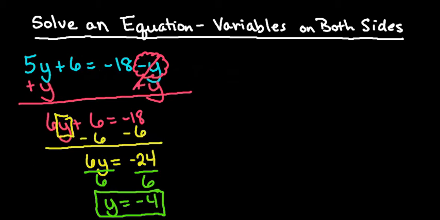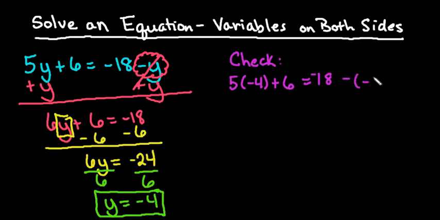It is very important to check your work, because a lot of times, especially the more complicated the equation, the more likely you are to make a mistake. So it's always good to check your work to make sure that your answer makes sense. All you have to do is replace y with the negative 4 and see if it gives you a true statement. So if we simplify